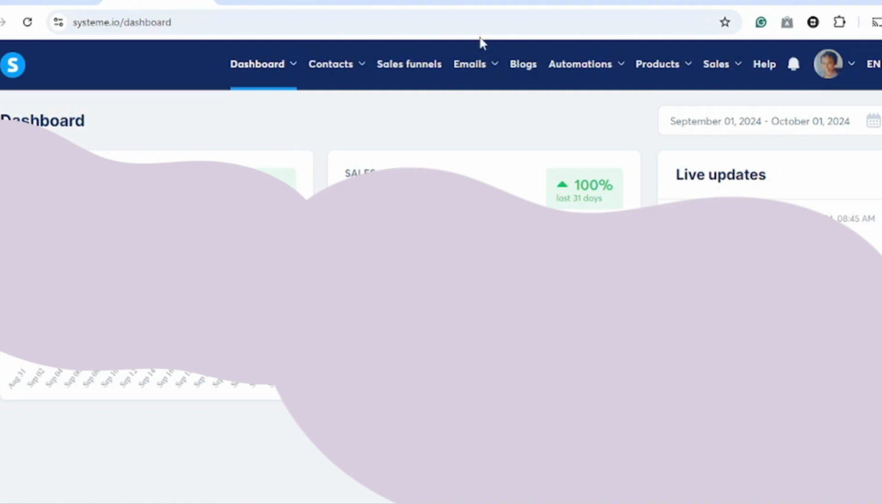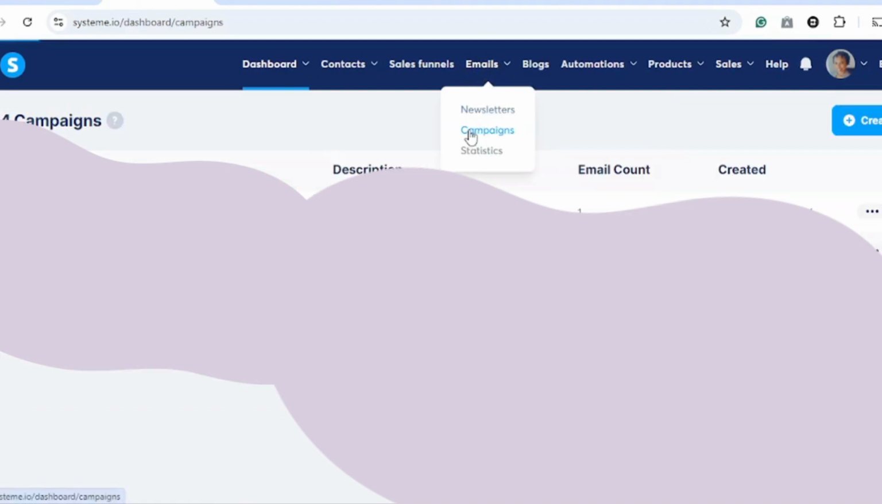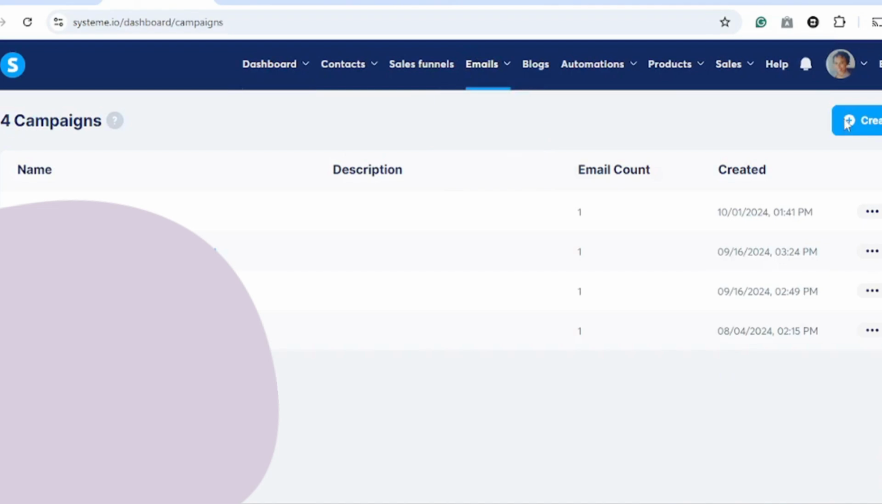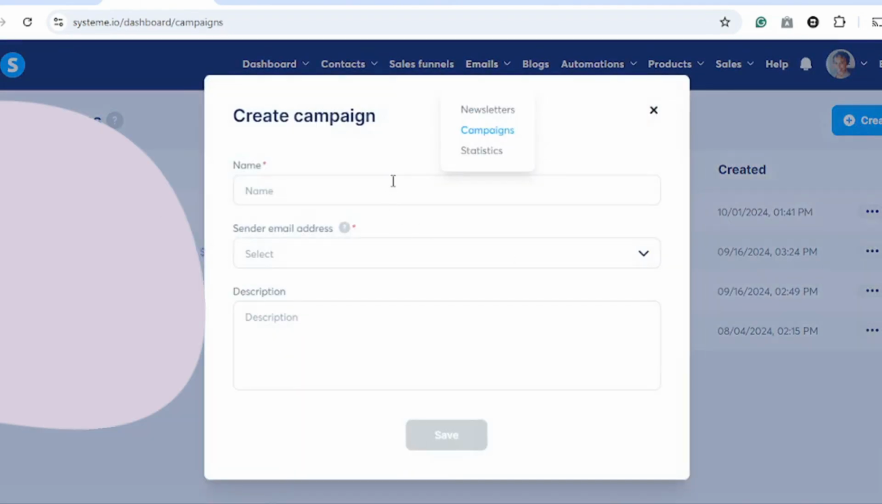So we want to go ahead, you see to the top, emails, we want to click on campaigns. Then to the right, we want to go ahead and create. And we just want to give that campaign a name. It is a way for us to remember that campaign when we create other campaigns in the future. So we want to create a name that we remember. So I'm going to just put my freebie